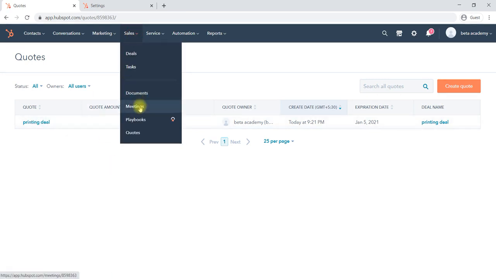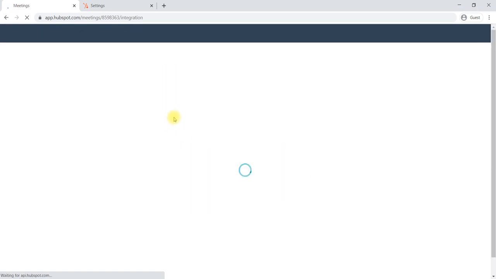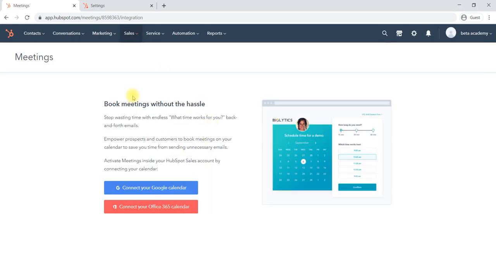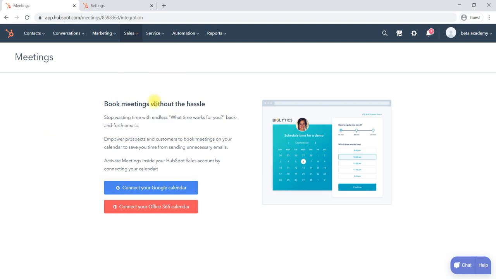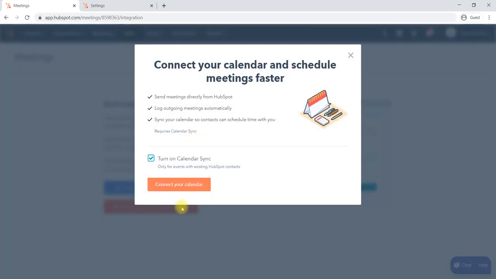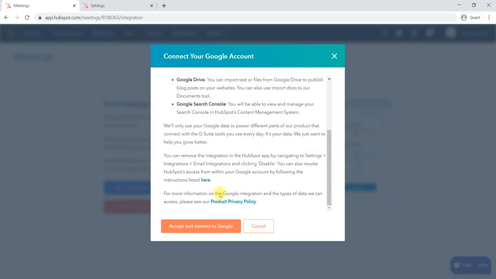Similarly, meetings we can also create. We already said we are going to deal with meetings in Outlook. And documents also we can create. If you would like to create a meeting, you can connect with Google Calendar. Connect to your calendar here and accept to connect Google Calendar.